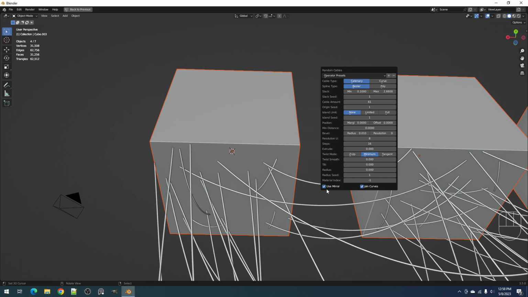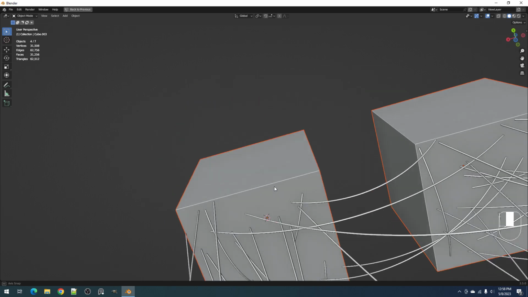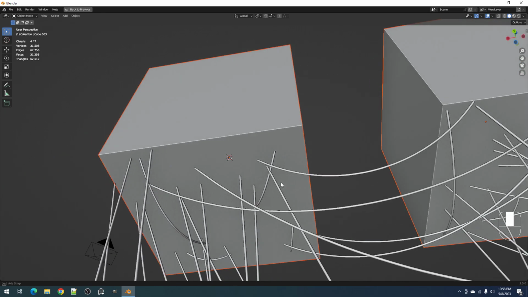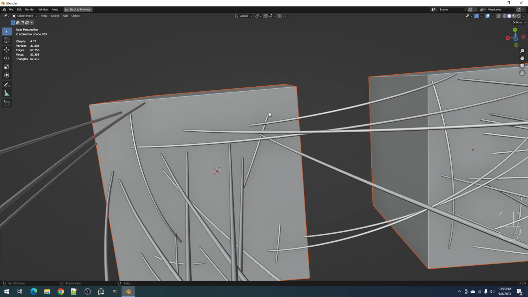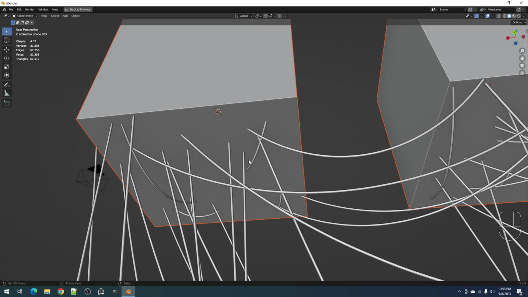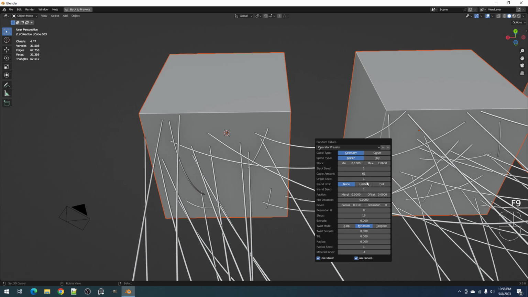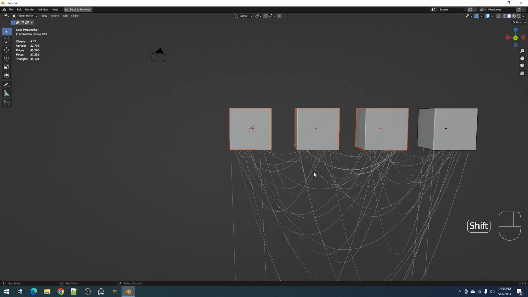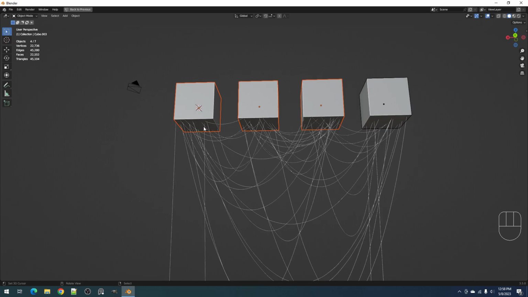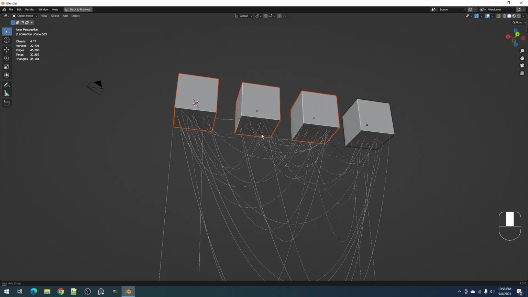The toggle property, which is limit to islands, has been removed and it's been replaced with the island limit. So the toggle, which is the limit to islands from before, is now the option limited in the island limit. You can see the cable here, the start and end point of it is in the same island, so we can actually get rid of that and have their endpoints have different islands for each,